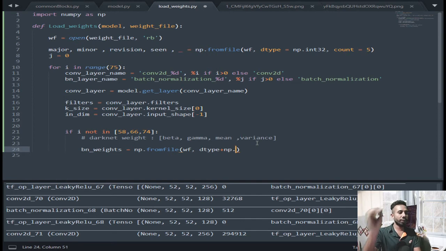The weight file will be yolov3.weights, and you can download it from my given link, or you can go to the GitHub link and download it from there. The data type equals numpy.float32, then count how many elements it will bring. It will bring 4 times filters. Okay, so bn_weights equals bn_weights